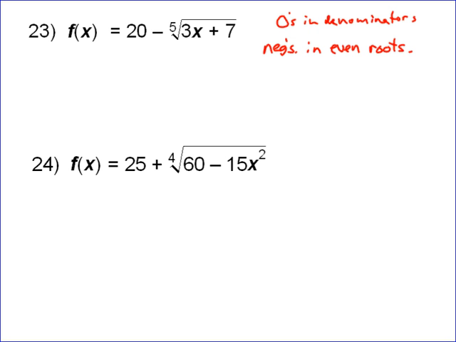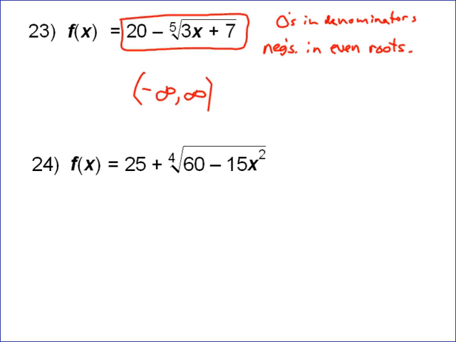Because this is an odd root, the fifth root, then you can find the fifth root of a negative number. That's okay, because a number can be raised to the fifth power and remain negative. So there is nothing on this that limits your domain. You can put whatever you want in there for x, and you're going to get a value out for f of x. So the domain for this would either be this,